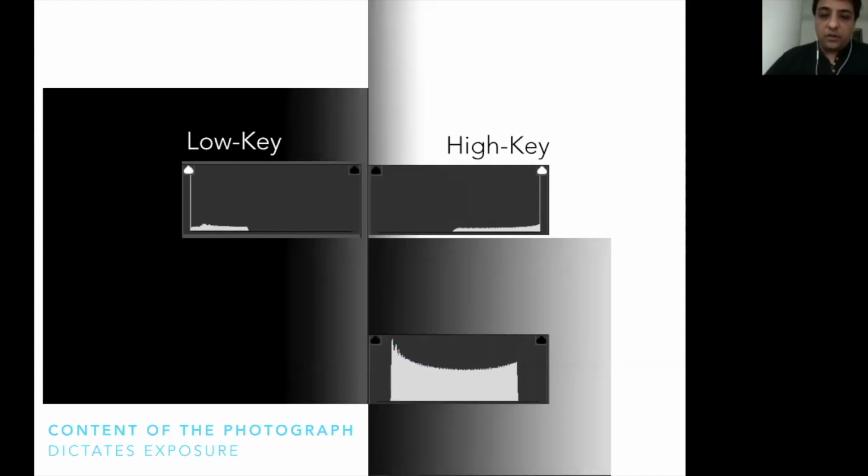Now histogram per se does not say whether it's a correct exposure or not. What it says is how much detail you have and what is that detail. Now, when you have a low key photograph, your histogram would be left inclined, which would mean that you would have a lot of details in black that you can see in a white spike that you see on the left, and a lot of details in your shadow area and slight details in your midtones.